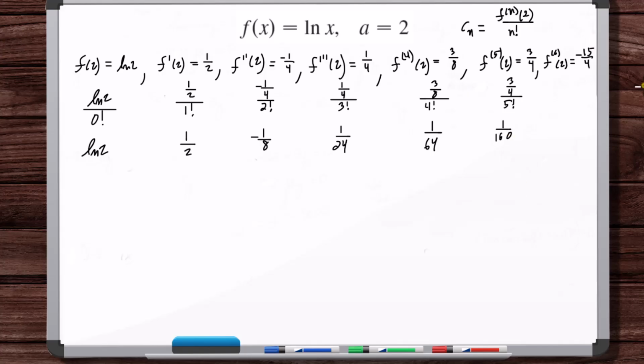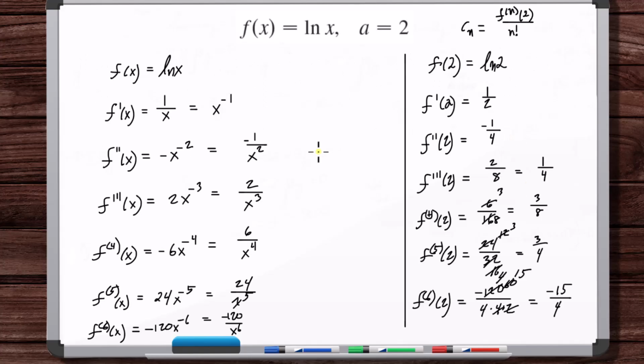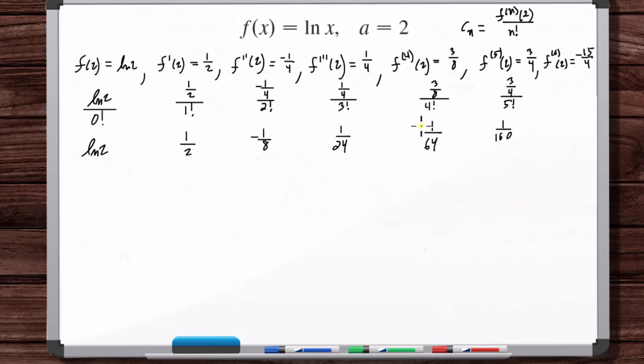Okay, and I feel like I'm missing a minus sign in here. Let's see. This is natural log of 2, then this is positive, this is negative, then this is positive, this should be negative, right? Yeah, minus 3/8. Okay, so this should be negative. There we go. Okay, so now we've got minus